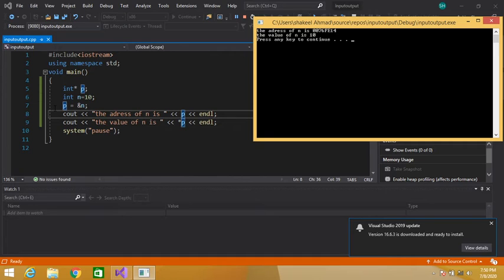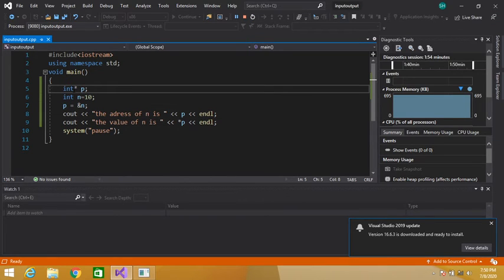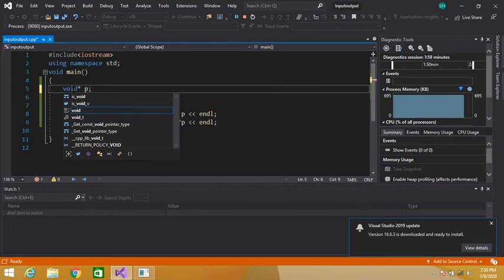So we will declare our pointer as void, then we can store the address of any type of variable.